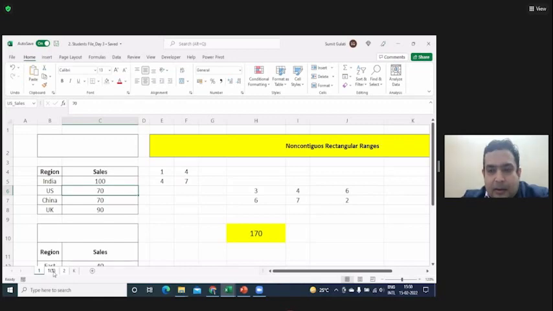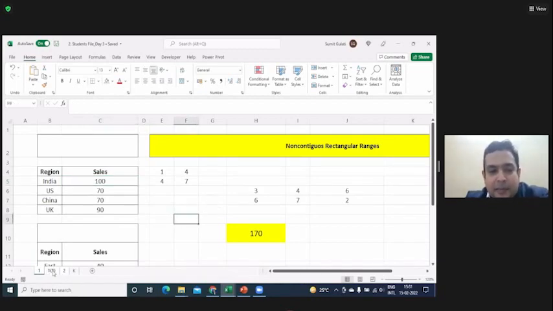Sir, I got it only for US, not for India. Go back to this, type India_sales and press enter. If you don't press enter, it won't take. Sir, I have pressed, but still. Okay, click here, do along with me. What is it showing? When you click on C5, what is it showing at the address bar? Sir, India sales. You must have put in India sales instead of India_sales.